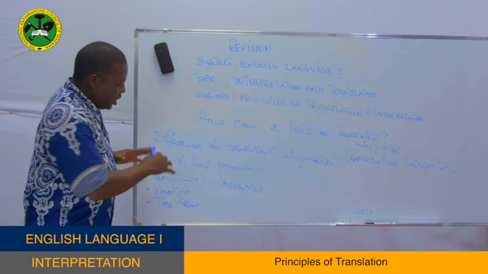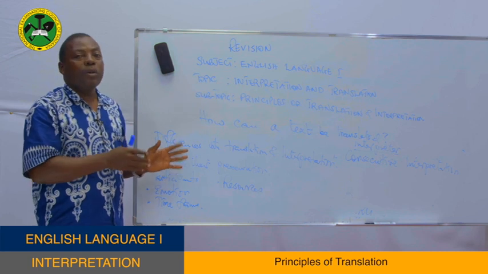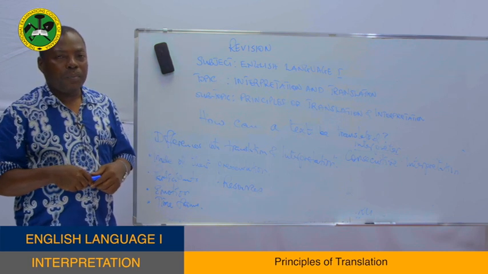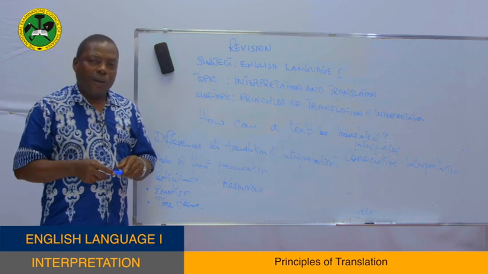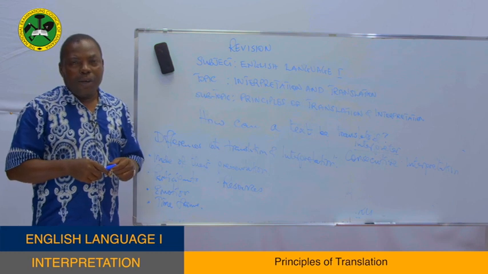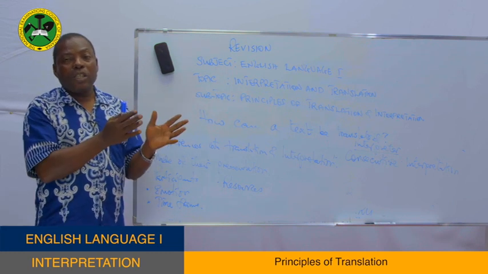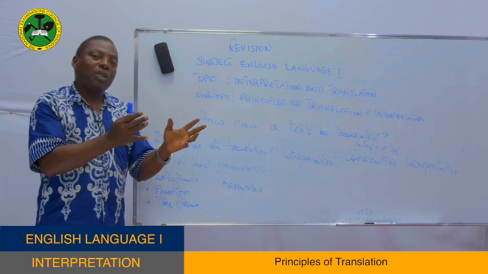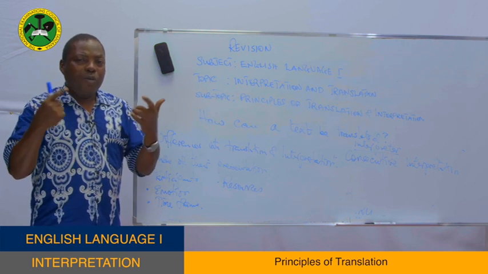Now that you see these differences and you know what a translator has to do and what an interpreter has to do, then you have the final work. You have a translation. You have an interpretation. I'm talking about the product now. It's not the process anymore. When a text has been translated from one language to another language, that becomes a translation. So you have to ask yourself now,